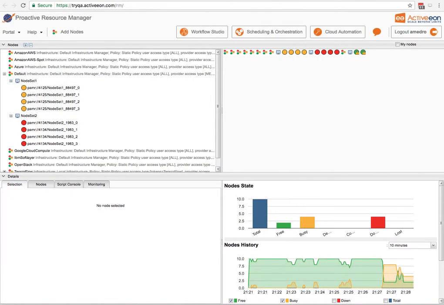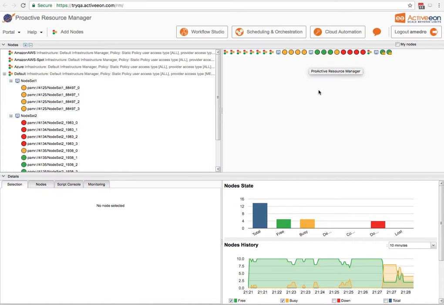If we go to the resource side, we can see that our 4 nodes are just down, so not usable anymore. When the machine node set 2 comes back, not now, the nodes will be used for computation as soon as they arrive. This is what we can see here.